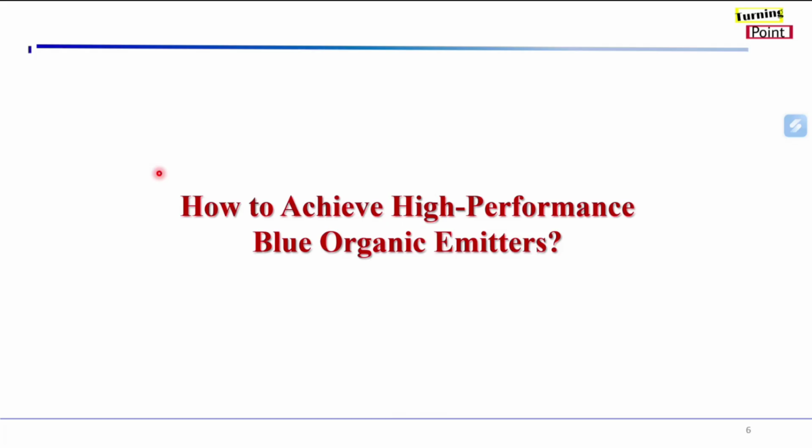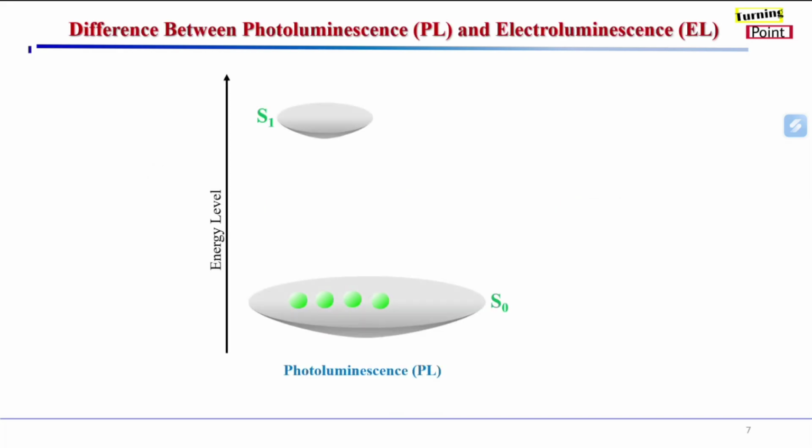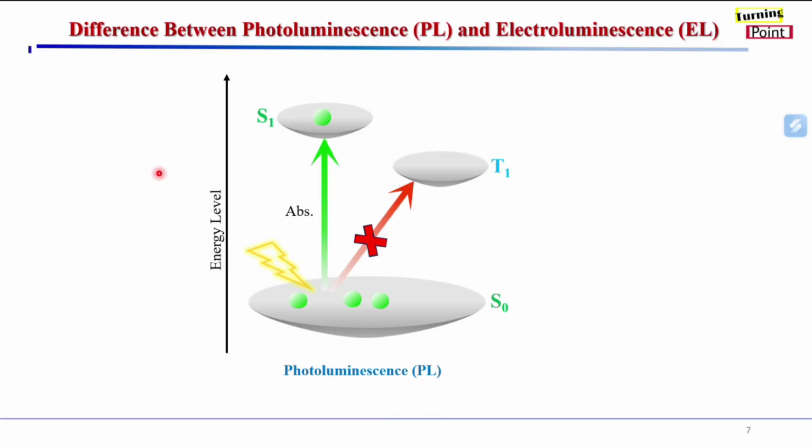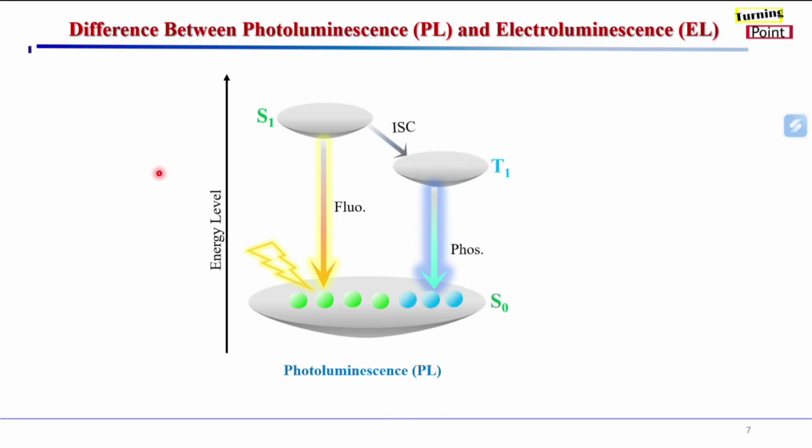Before we address these questions, let us look at the fundamental difference between photoluminescence and electroluminescence. In photoluminescence, at first the molecule absorbs a photon and is excited to the singlet excited state. It cannot be directly excited to the triplet state according to the spin selection rule. The triplet state is only populated via the inter-system crossing process. And when the molecule comes back to the ground state from the singlet excited state, it emits light as fluorescence. And when the molecule comes back to the ground state from the triplet state, it emits light as